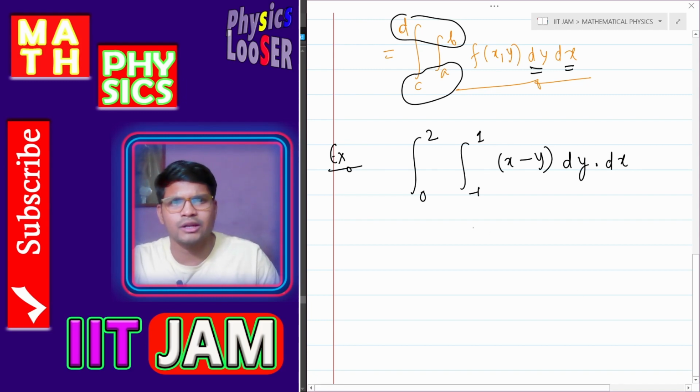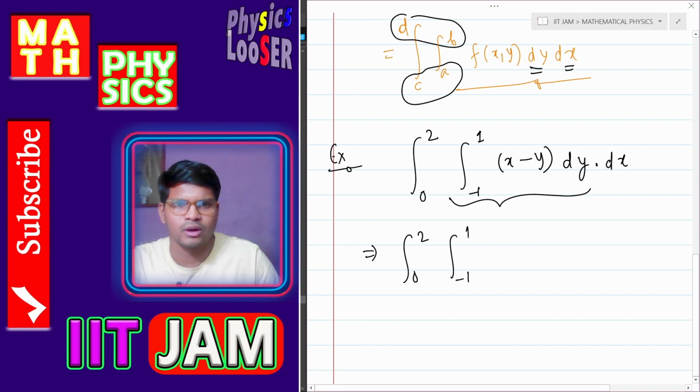Now here you can say that, okay, I'm going to evaluate this integral first, and mind it that this is 0 to 2 and minus 1 to 1, and if I am using this evaluation of this integral, it means that x is constant, so you have to treat x as a constant. So I'm going to take the integral of x minus y dy. So x is constant, therefore the integral of dy is y, and for the y term the integral will be y square by 2, and I'm going to put the limit over here, minus 1 to 1,